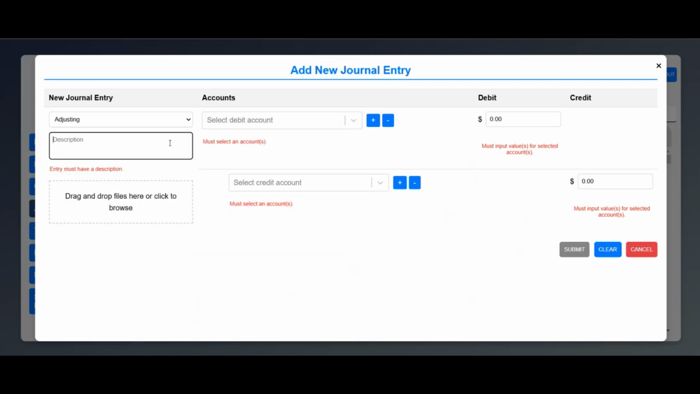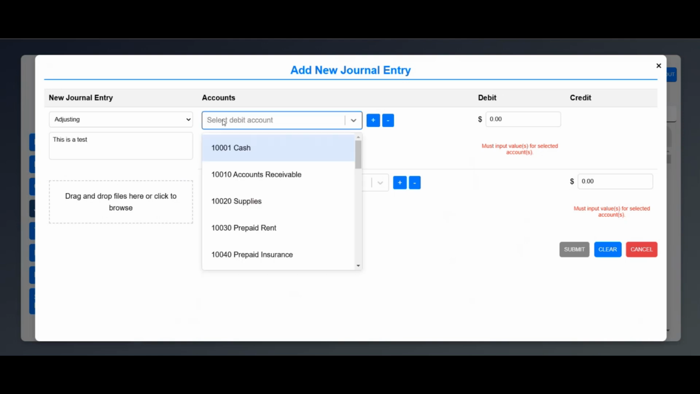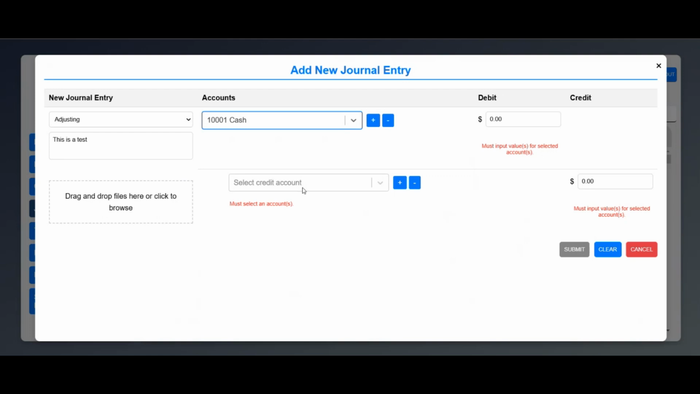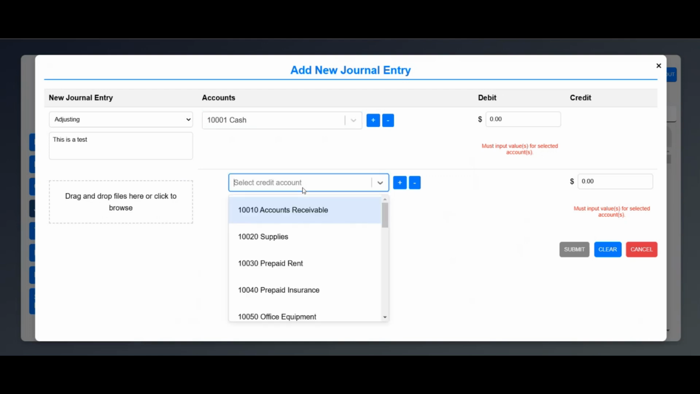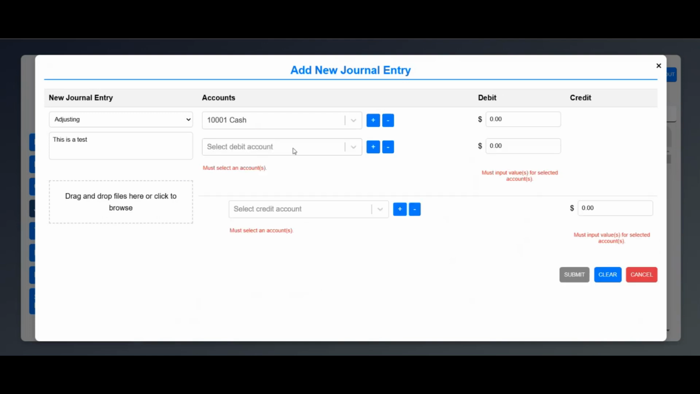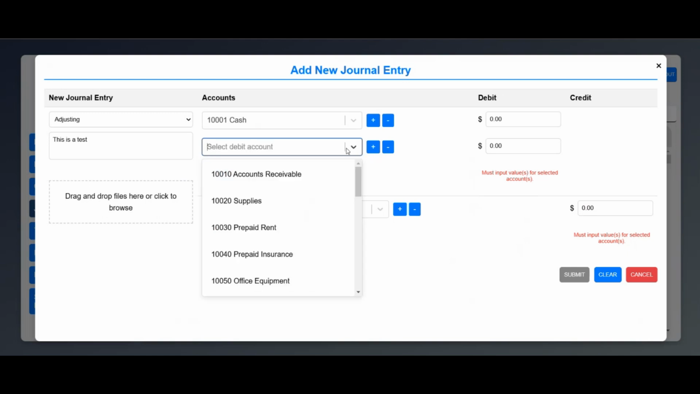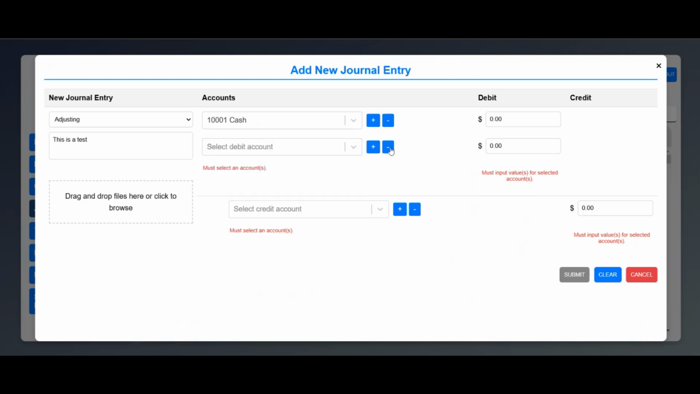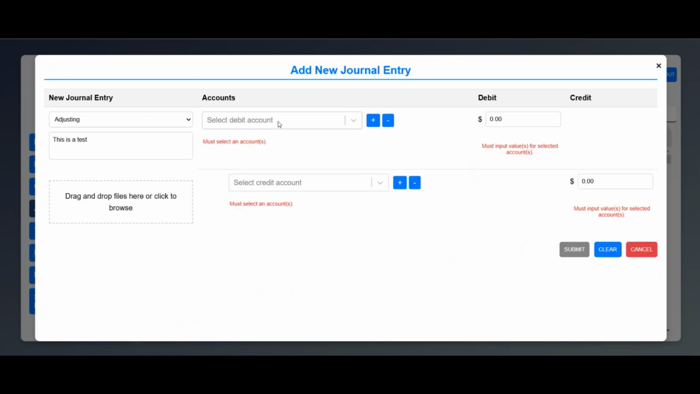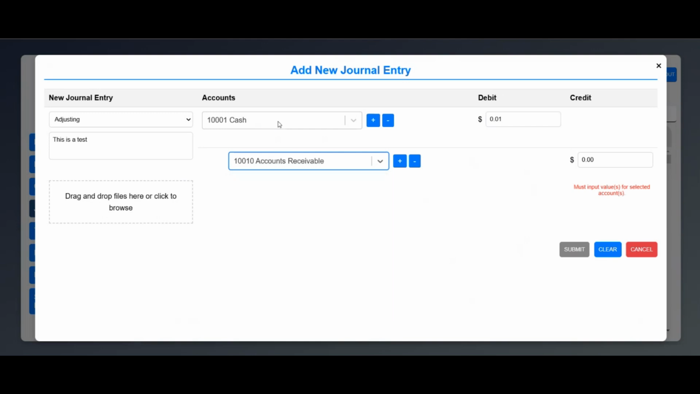Then you just add a description to say this is a test. You can add an account, like a cash account. Now, since cash is debited, I cannot choose it for a credit account, and I can also not double debit it. So if I try to search for cash again, it won't show up. And this works the same for trying to double credit it. I can remove them from wherever I want. I'm going to go ahead and choose cash, add a cent, choose the next one,